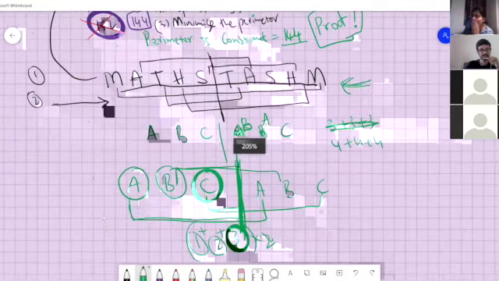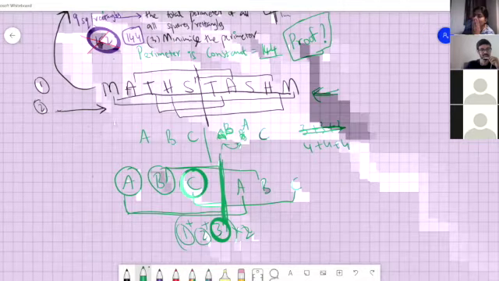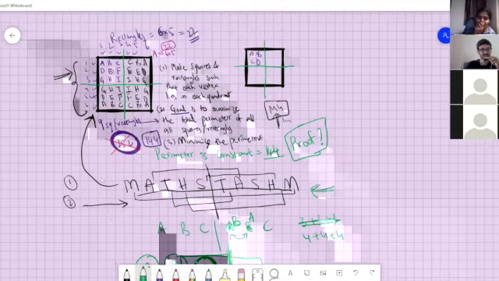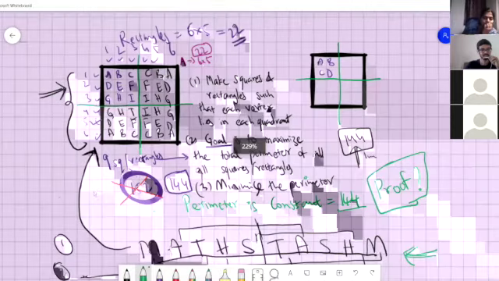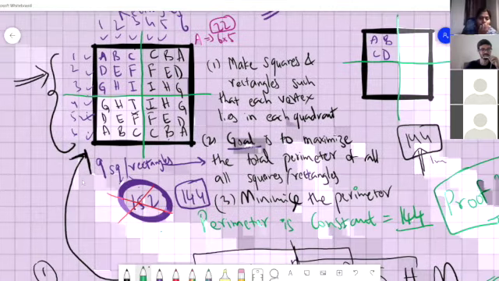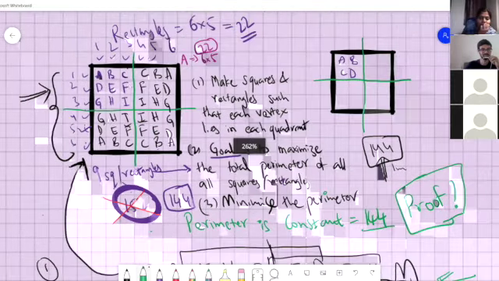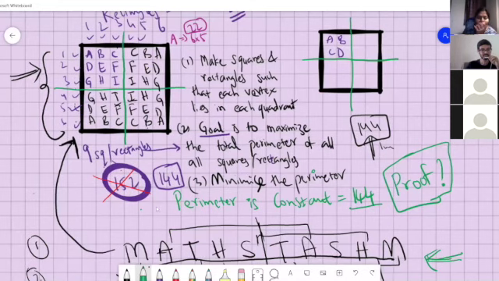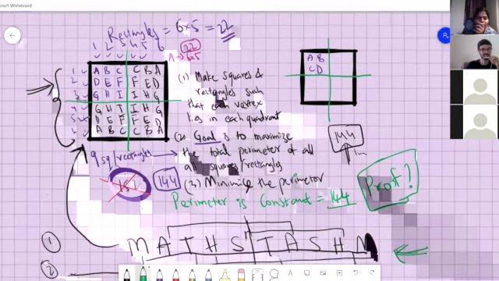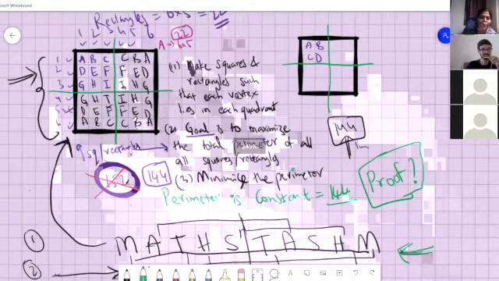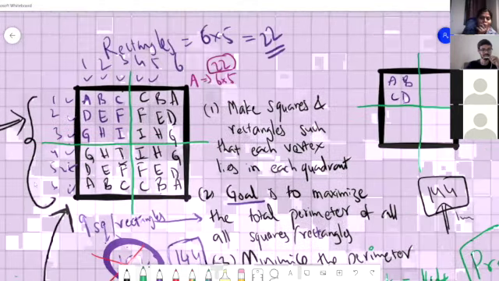Okay. So the same argument can be used here. From each quadrant to the other quadrant, it will always be the same. So hence the perimeter will be constant. So the next question that comes up is how many arrangements of this are possible? How many arrangements of this?